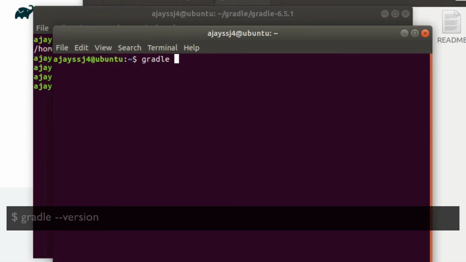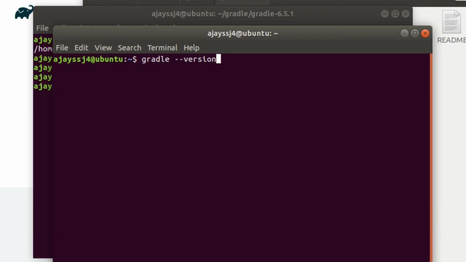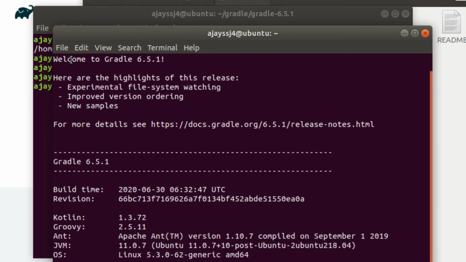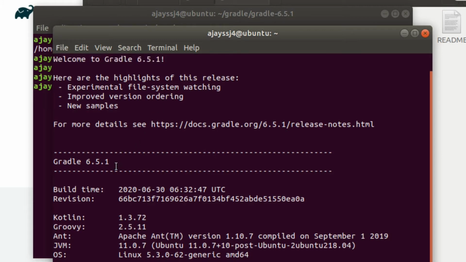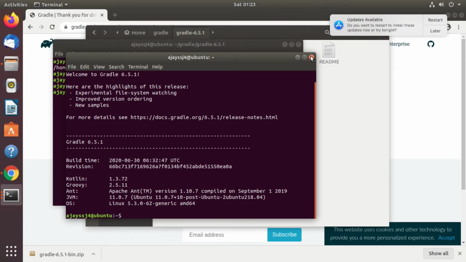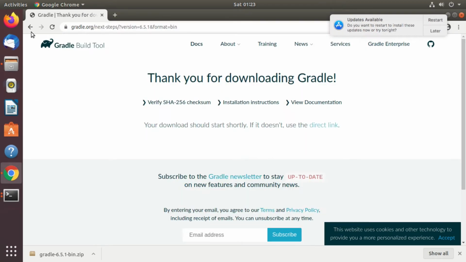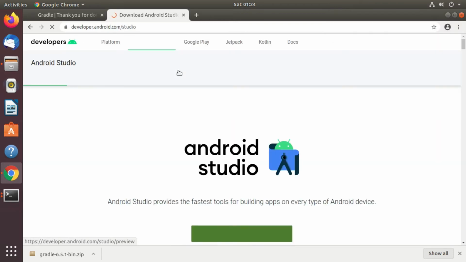Now enter the same command. As you can see, the installed Gradle version is shown. Now we have successfully installed Java JDK and Gradle build tool. Now our final step is to install Android SDK.